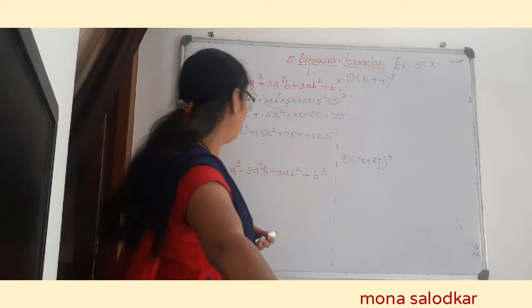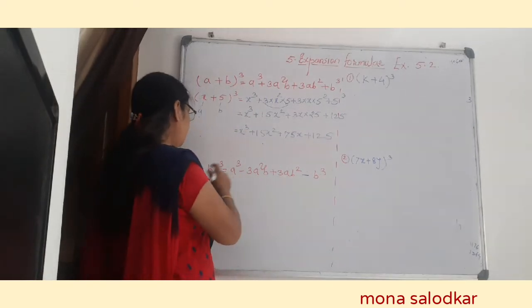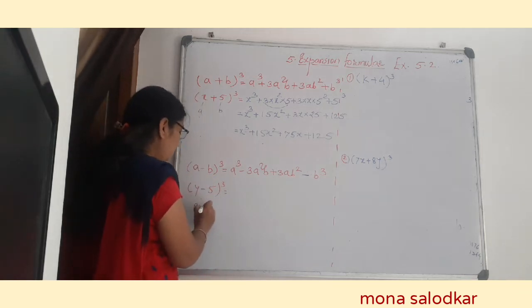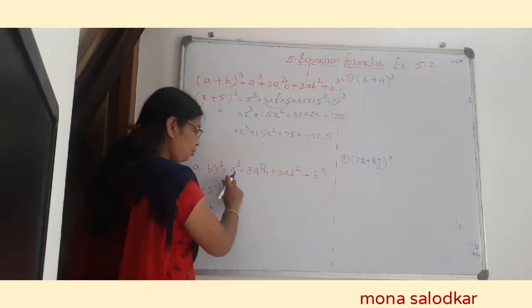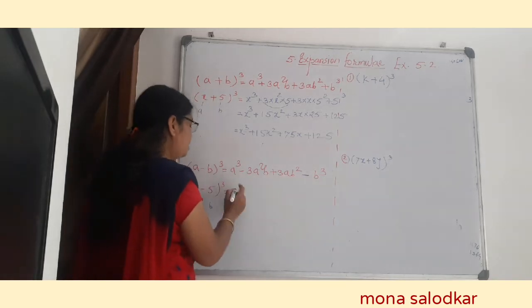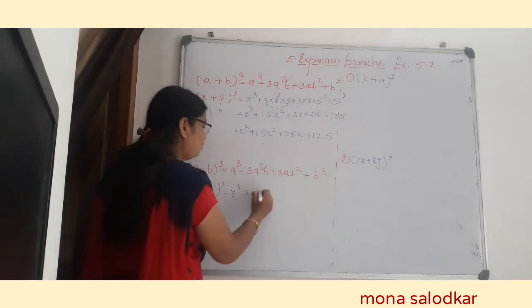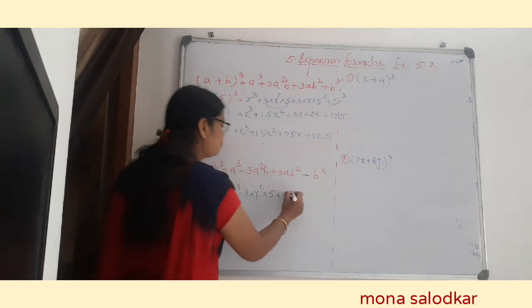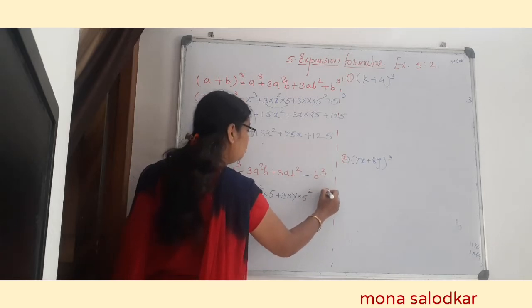Now see the problem based on the negative formula, (a minus b) cube. Now what is given? (y minus 5) cube. y means a and 5 means b. So here again you have to use the same formula. Now a means y, so y cube. 3 into a square means y square. b means 5. You have to put the values only. a means y, first term is a and second term is b, into 5 square, minus 5 cube.